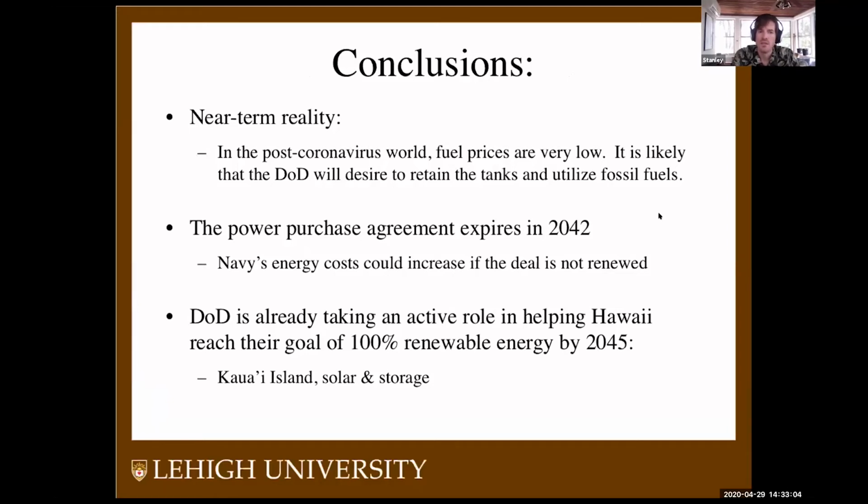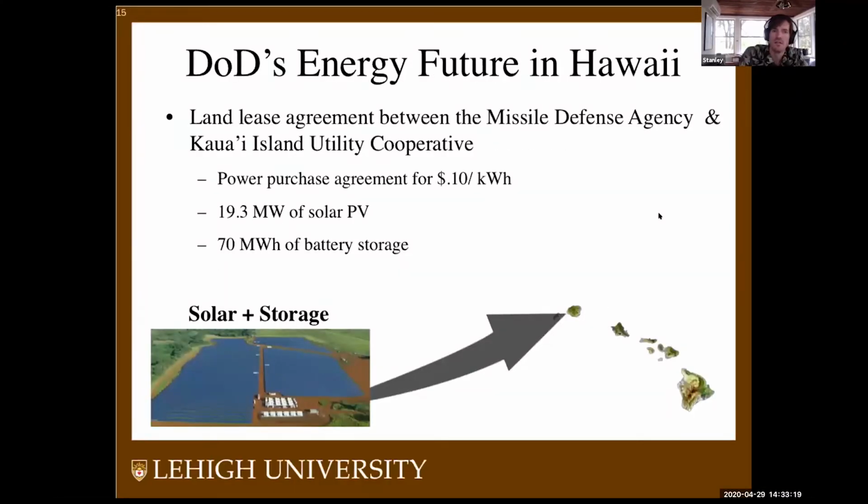The DoD actually, as I dug into this a little deeper, is taking an active role in helping Hawaii reach that energy goal with the Kauai Island Solar and Storage Project. And so what this is, the Missile Defense Agency, again, with a power purchase agreement, has constructed 19 megawatts of solar PV paired with an on-site 70 megawatt hour Tesla battery. This is really an exciting project, and it's just one island over from Oahu on the island of Kauai, which